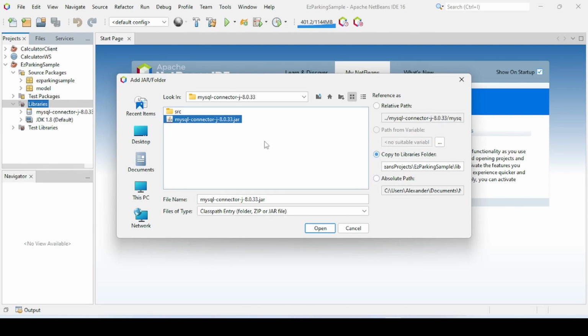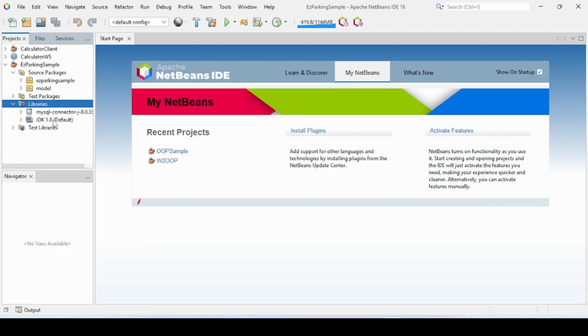In this case, we want to copy this MySQL connector J into our lib folder that we created earlier when we created this new project. So choose copy to libraries folder, and once you make sure that you want to copy this MySQL connector jar file into your library folder, click on open,